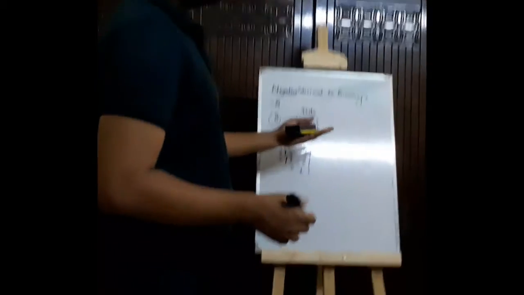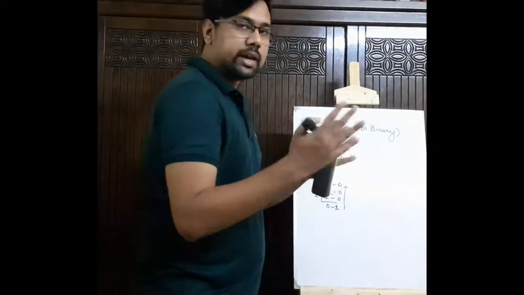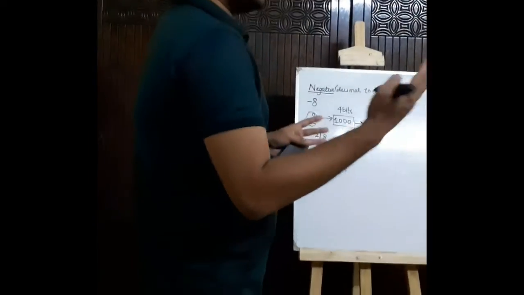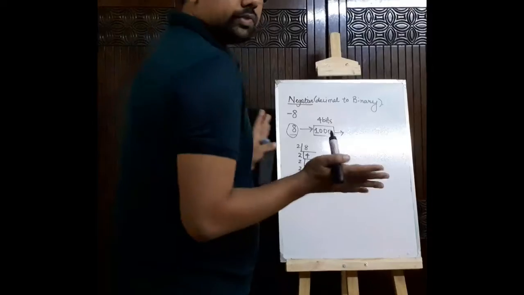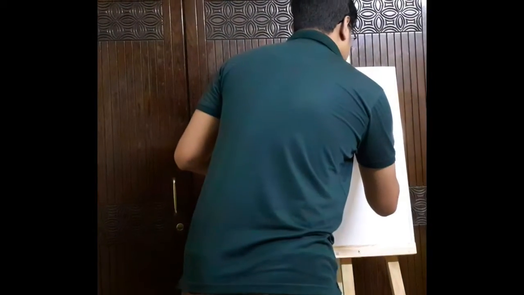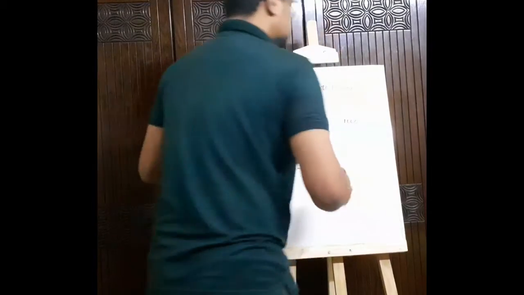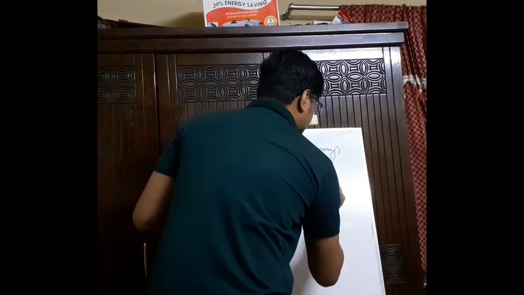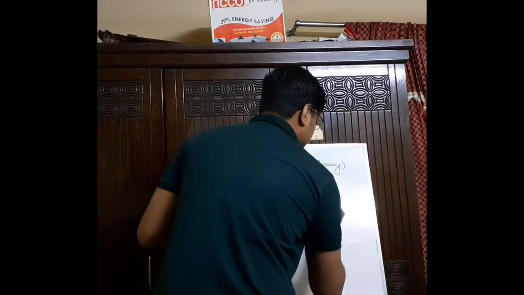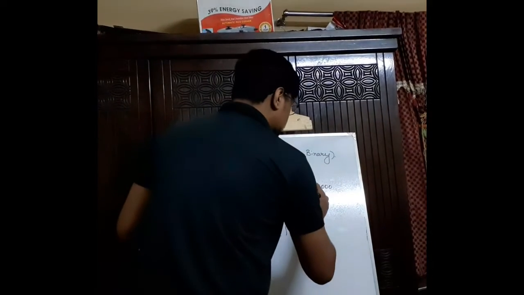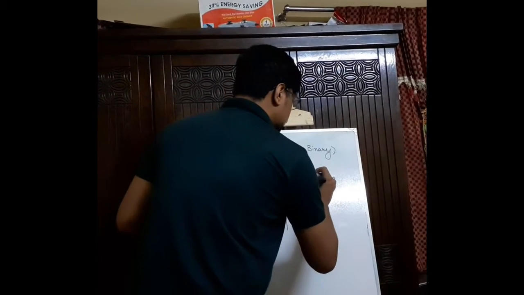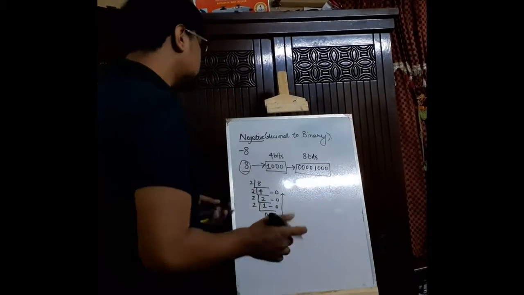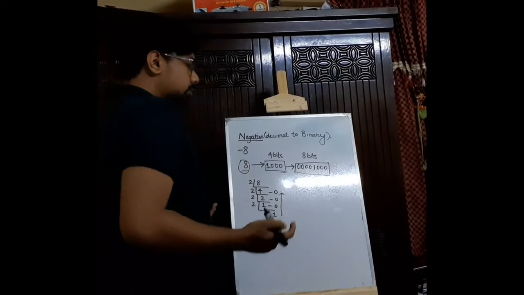So the next step is to make these 4 bits into 8 bits. How can we do that? We do it by adding zeros on the left hand side of this value. That actually means 1, 0, 0, 0 remains as it is, and we have to add 4 zeros on the left hand side of this one, like this. Now it becomes 8 bits, right? We have 8 bits here, isn't it? Understood. So we had 4 bits, now we have 8 bits.